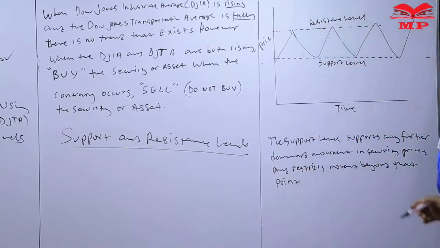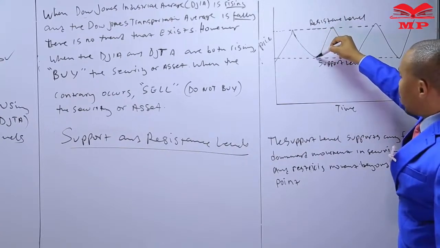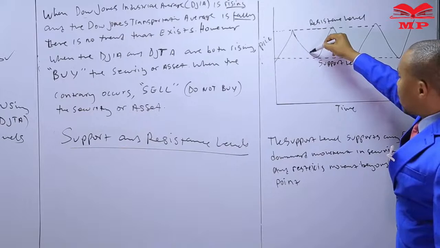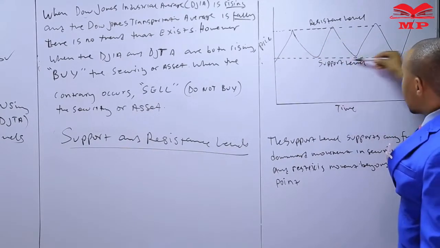So it exerts some downward pressure. It tries to prevent that further downward movement in security prices, and that is what we're saying is the